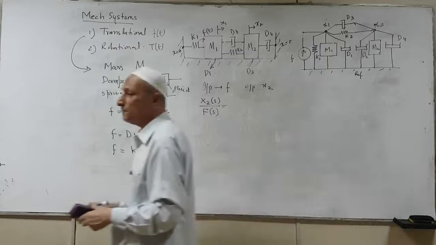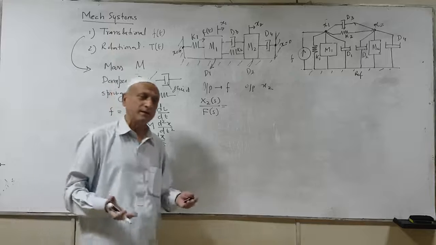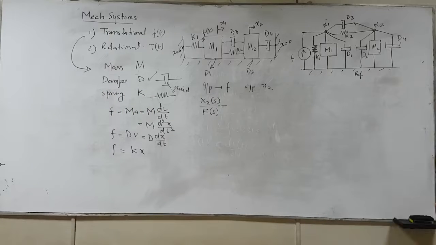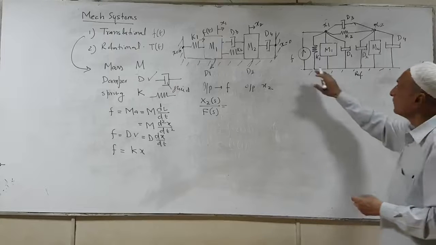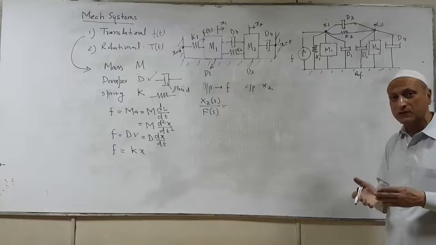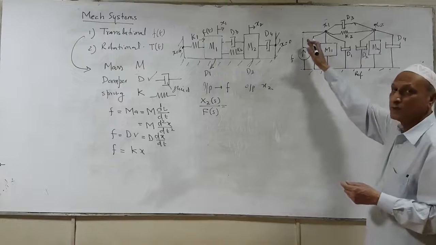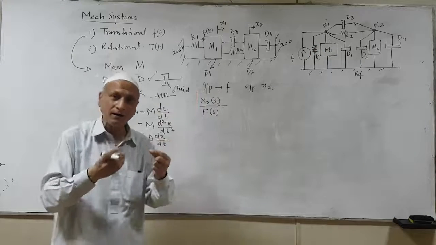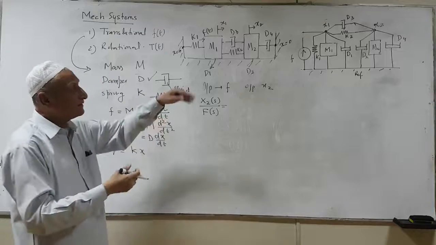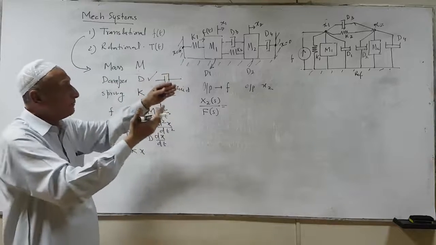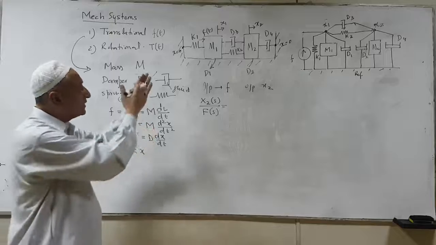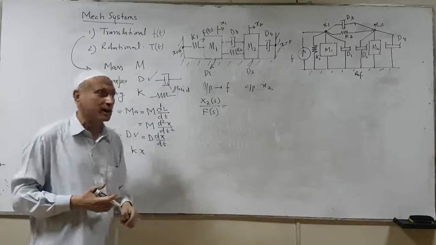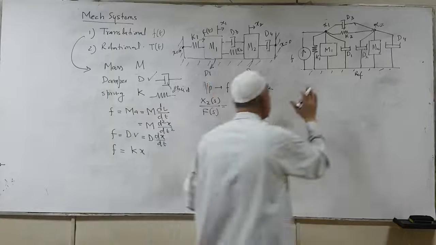So remember one thing, you simply draw a line which is the base line, and that is acting as a reference, equivalent to a ground in the electrical circuit. Now the force is always with respect to the reference, remember, that has to be connected. And then how many possible displacements are there? They are positioned above this line as nodes, and then between the nodes and the reference you can connect all the elements, telling the same story as the system you are actually given. Now that is the first step.